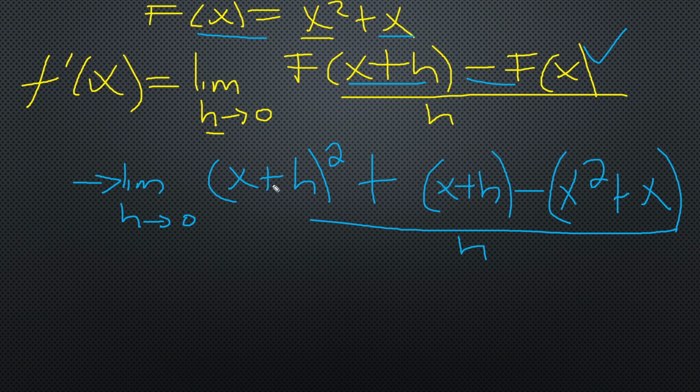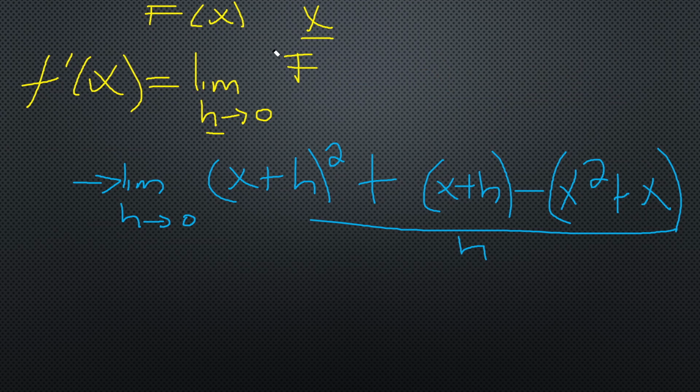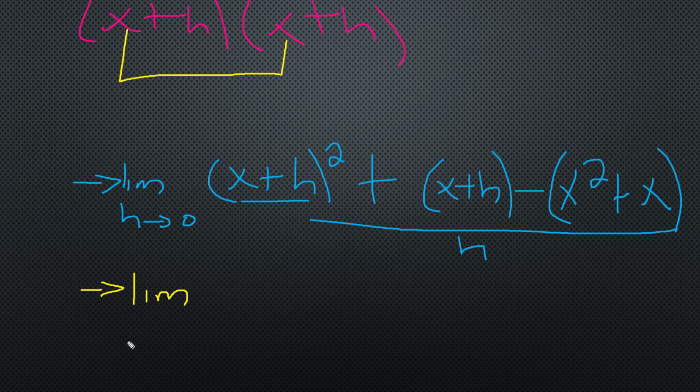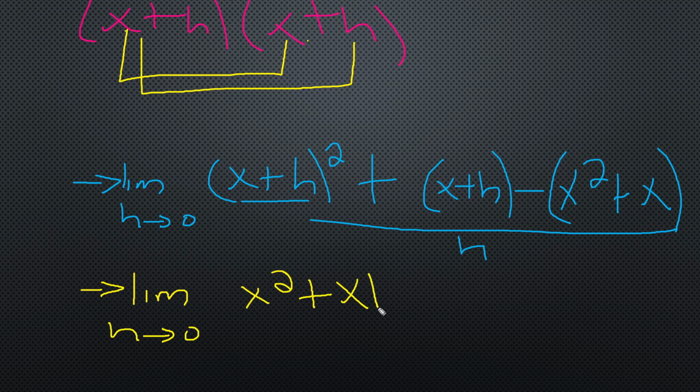So I should start using small fonts. What I'm going to do now is to continue with our function. I'm going to erase everything so that we can reuse the space up here. So this is equal to what? Let's try to expand this first: x plus h times x plus h, which is equal to x times x. So the limit as h approaches 0 is x squared plus xh, and then plus h times x will be xh, and h times h will give us plus h squared,